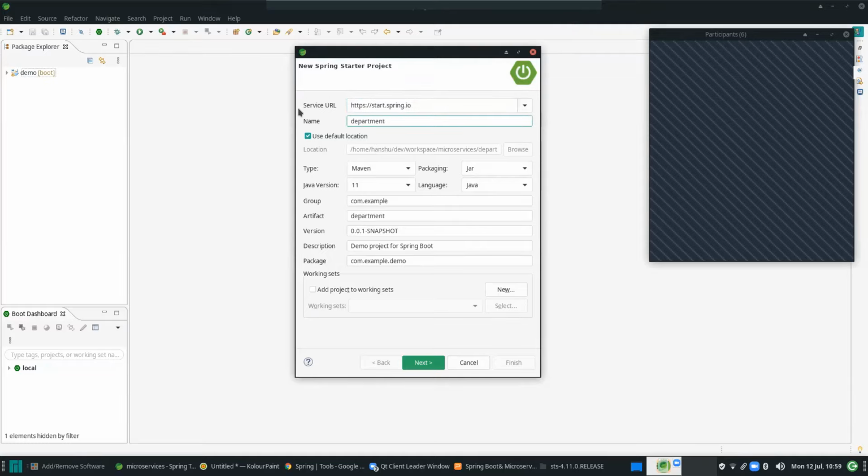For example, I'm creating a department service. So here my package name is dailycoder.department, and this is department service. This is the group.